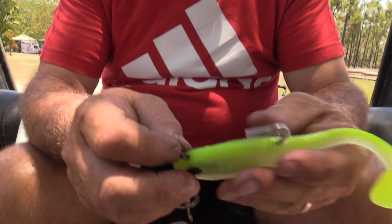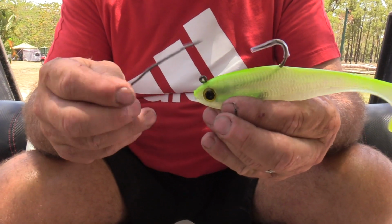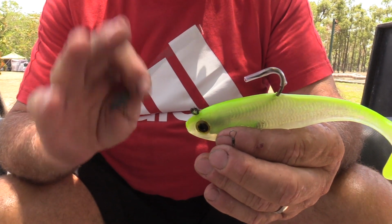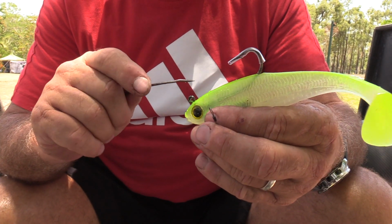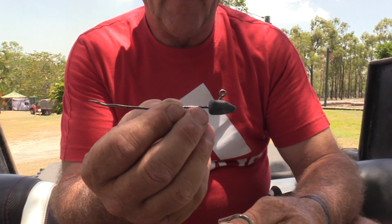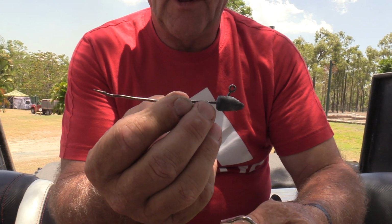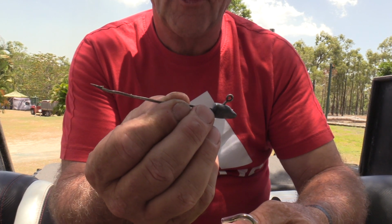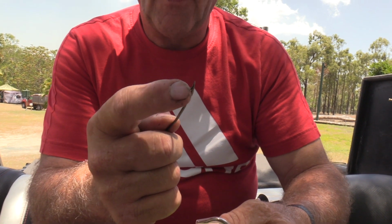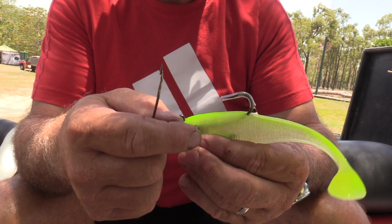Anyway, I'll just try and show you if I can get it right. I'm a bit under pressure here. What I usually do, I do all this at home. This is what I do when I'm not fishing. I get all my gear ready at home, so I'll get more time. So all I've got here is a squidgy hook. I know it looks a bit barbaric, but it does the job for me. All I do is slowly straighten it out, so I've got a straight point like a needle, and I've got the barb on the end, which collects the loop on the wire, which eventually goes over the hook